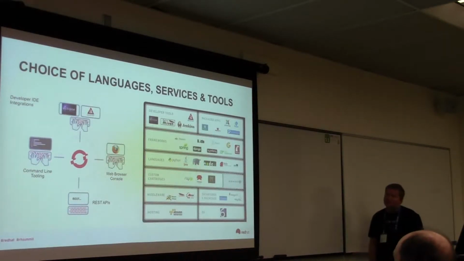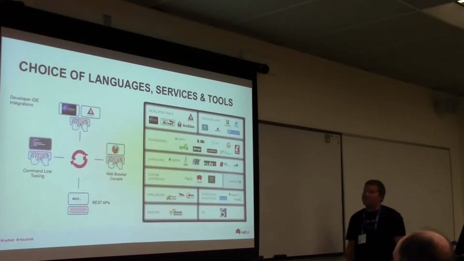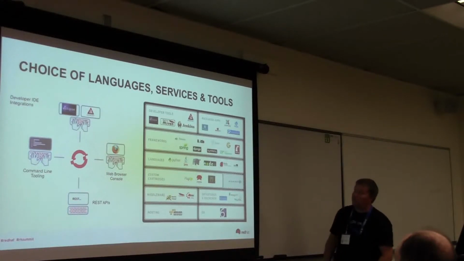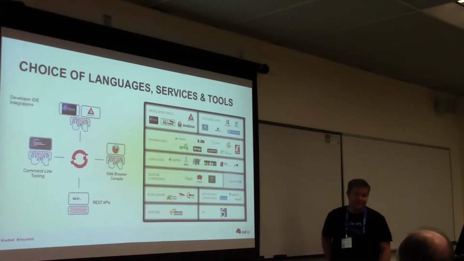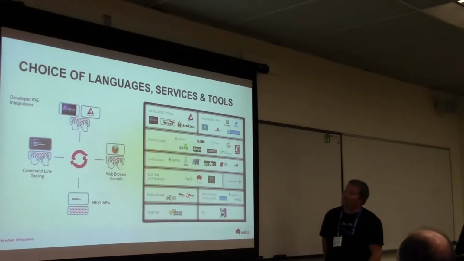So with a platform as a service, you get a choice of pretty much any language, framework, and database that you want. Because I'm most familiar with OpenShift, this is what we support. We run on Red Hat Enterprise Linux, and we support everything except .NET. Sorry, .NET doesn't run on Linux. We thought about doing Mono, but I'm not a big fan of it because it's always a little bit behind.